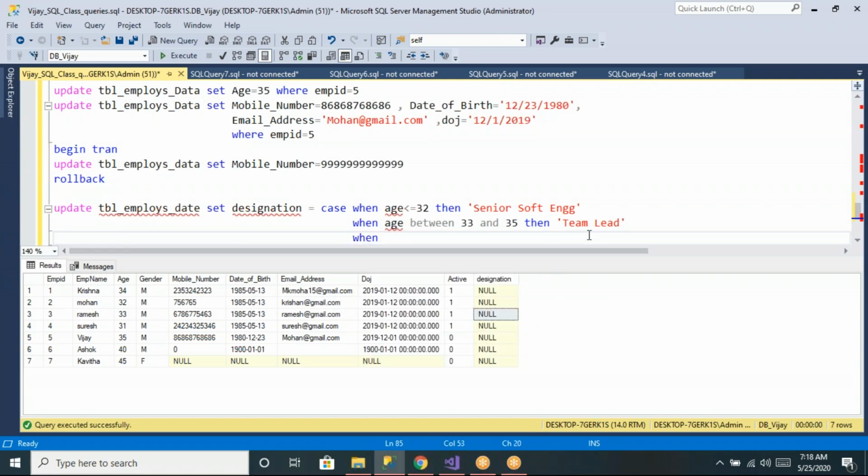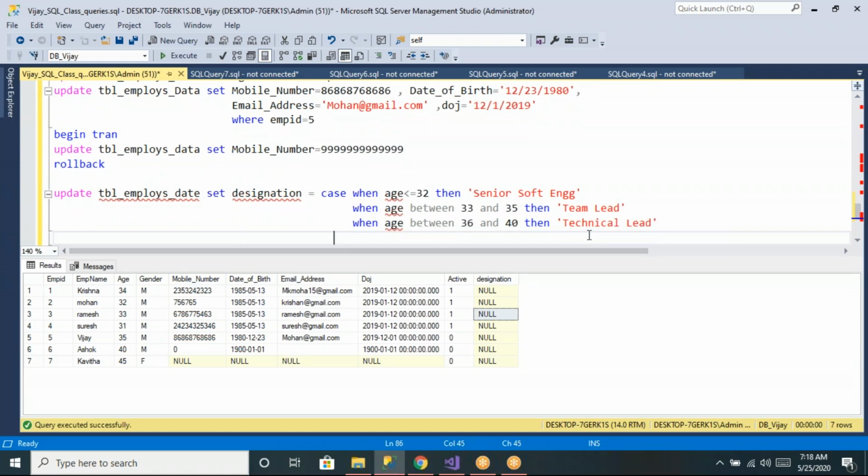Okay, when age value is between 35 and 40, or let us say between 36 and 40, then technical lead. Else, whose age is greater than 40, else manager.